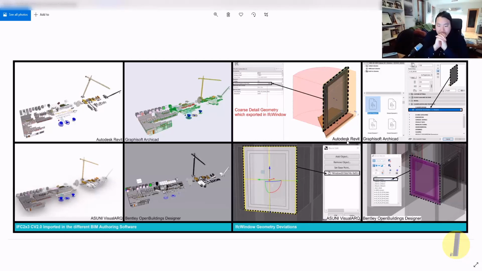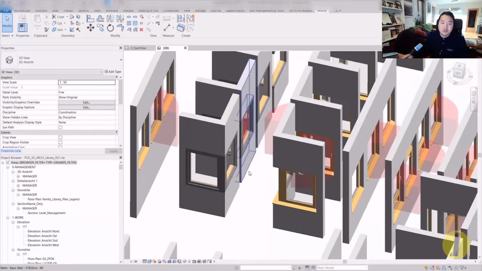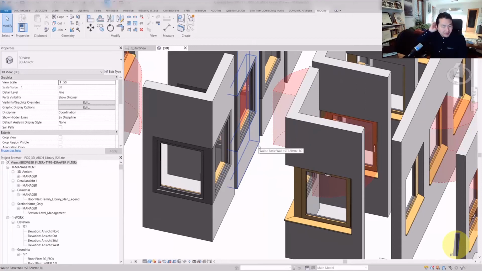Because window and door are important elements for architects, that's why I think it's important to compare this sort of geometry. The information part I'm not worried about because it's quite good to exchange, but I found that